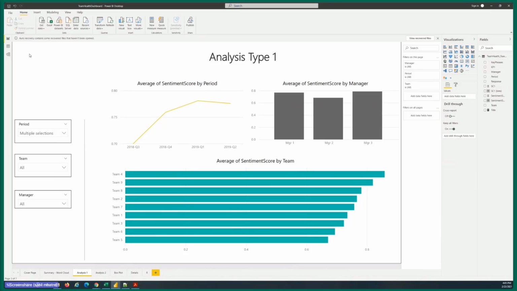So in real life, there are a lot of interesting insights that we can draw from this. One of the conversations that this is driving in my company is the fact that people seem to be happier and people seem to be equally productive, if not more, working from home. So should we have a permanent work from home policy? That's an interesting conversation happening right now, and our executives are looking at these dashboards to help them shape those conversations and decisions.